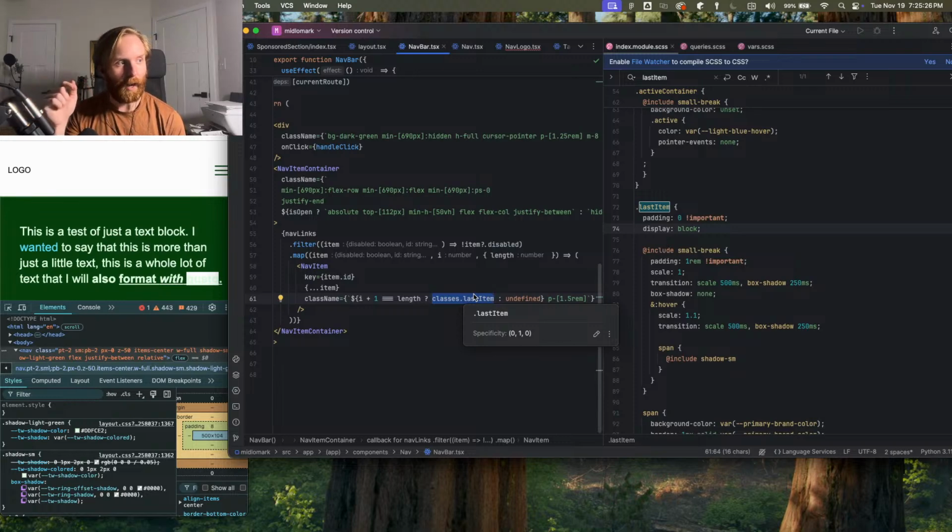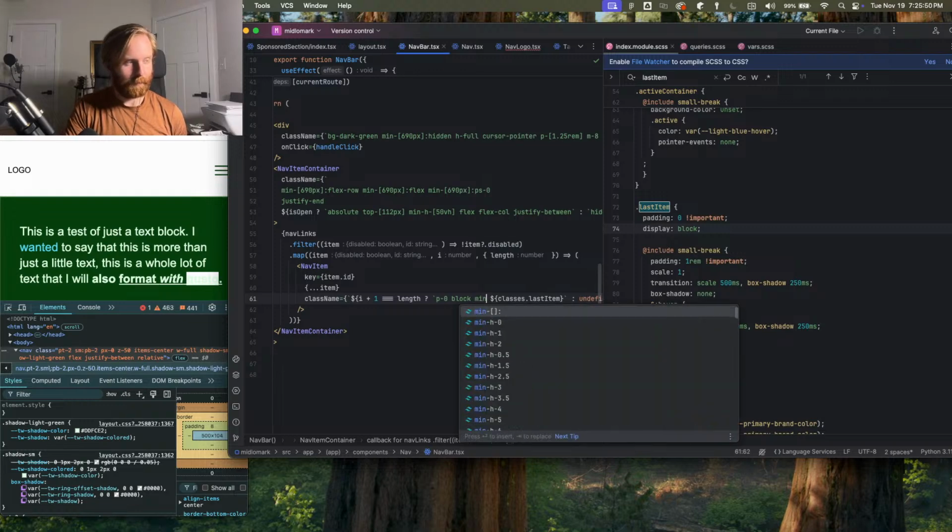And if I have that index, then last item is applied to the last item. So we're going to put that in a set of curly braces,